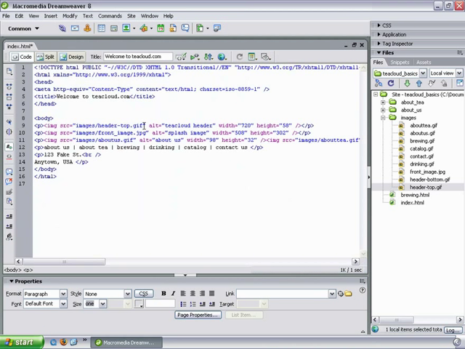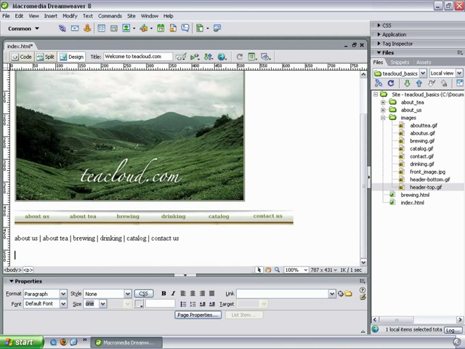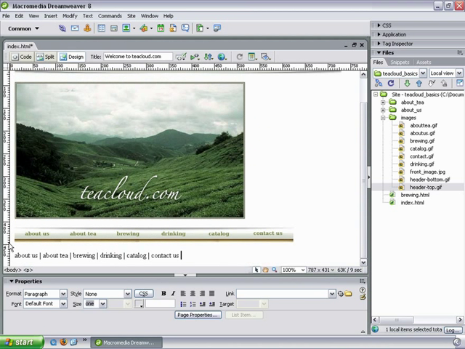So this is just something you can get in the habit of doing, going into your code and seeing how the code works every now and then, and just start giving yourself an education on how HTML works. But those are just some of the basics that I wanted to give you on working with text. Again, we'll get more into the specifics of working with text in the chapter on typography. But right now, I just wanted to get some of the basics out of the way concerning how this is like working with a word processor in many cases, but it does have a couple quirks when it comes to being able to type only one space